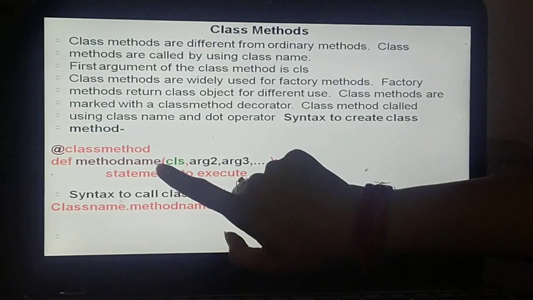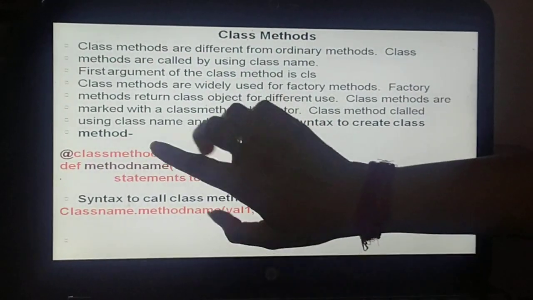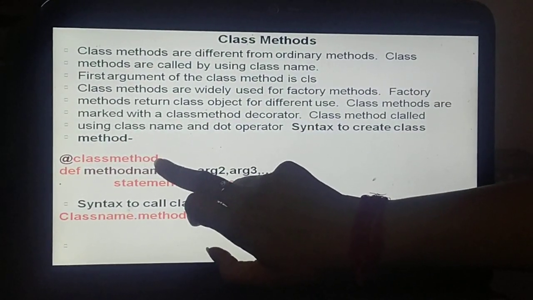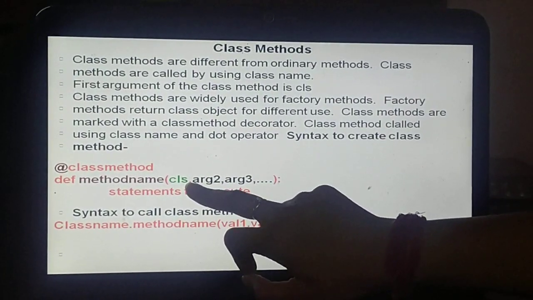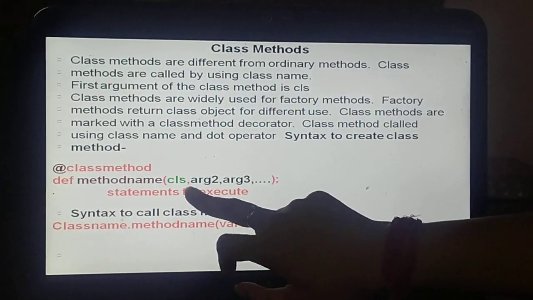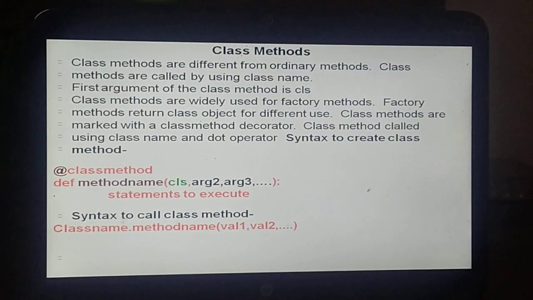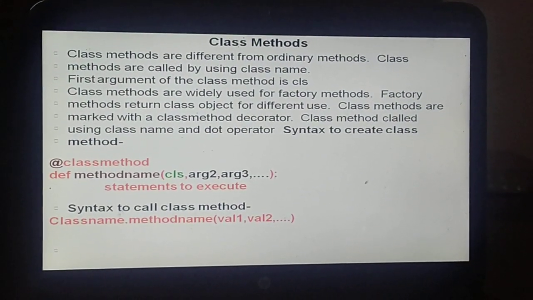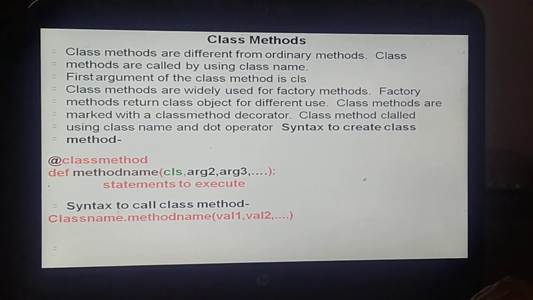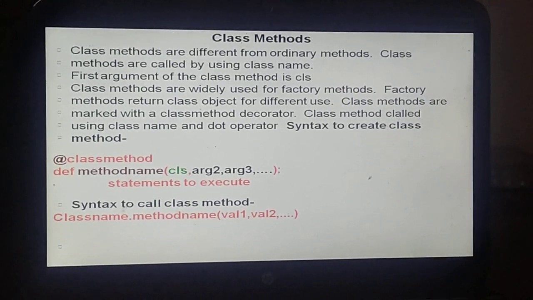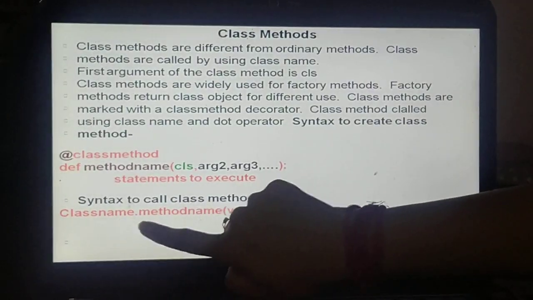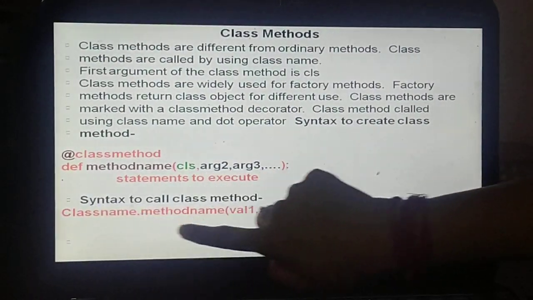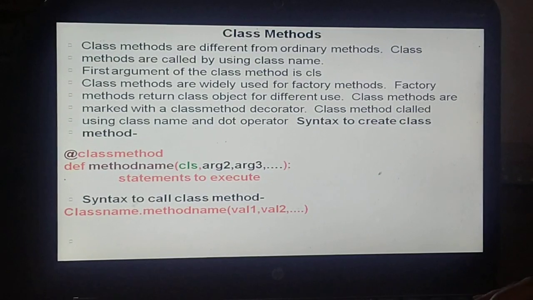When you have defined @classmethod above, the first argument of this method would be cls by default. If you write self or any other argument here, it is going to give you an error. To call this method you need to use the class name only, not the object. So class name dot method name is how you call this class method.